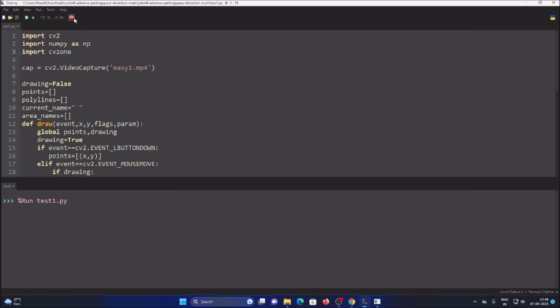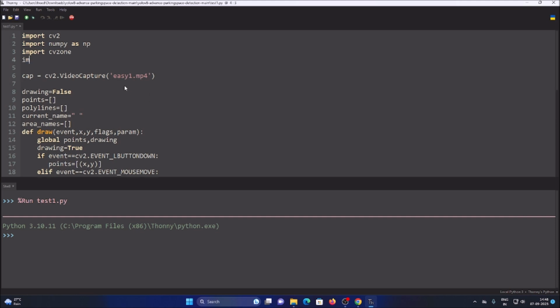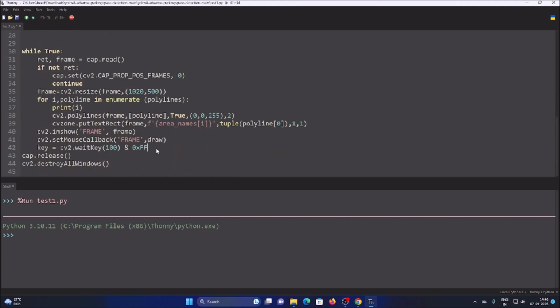So let's say, import pickle, and here after waitKey, we want to mention the key again, where K is capital, key is equal to ord, and inside that we want to mention S. Means when we press S on our keyboard, we want to mention it this way: if key is equal to ord S,